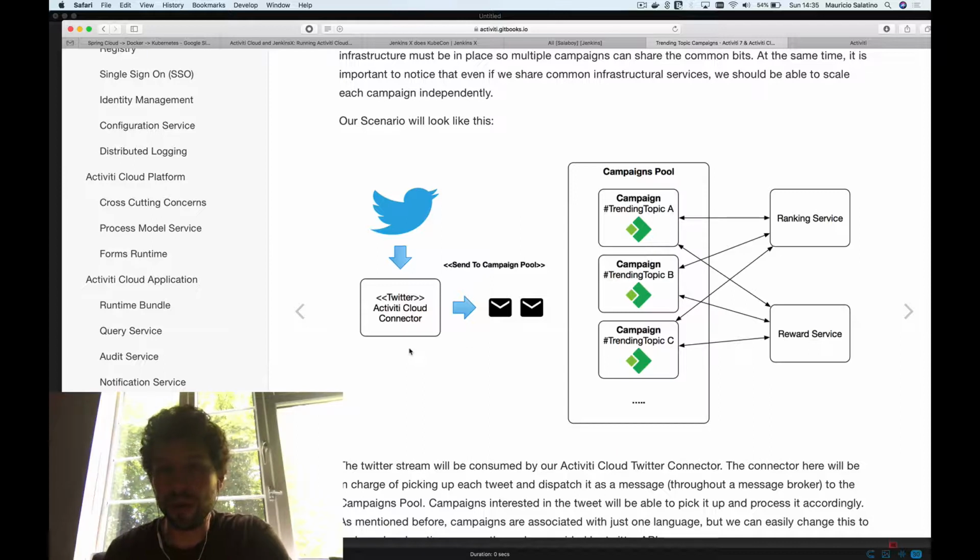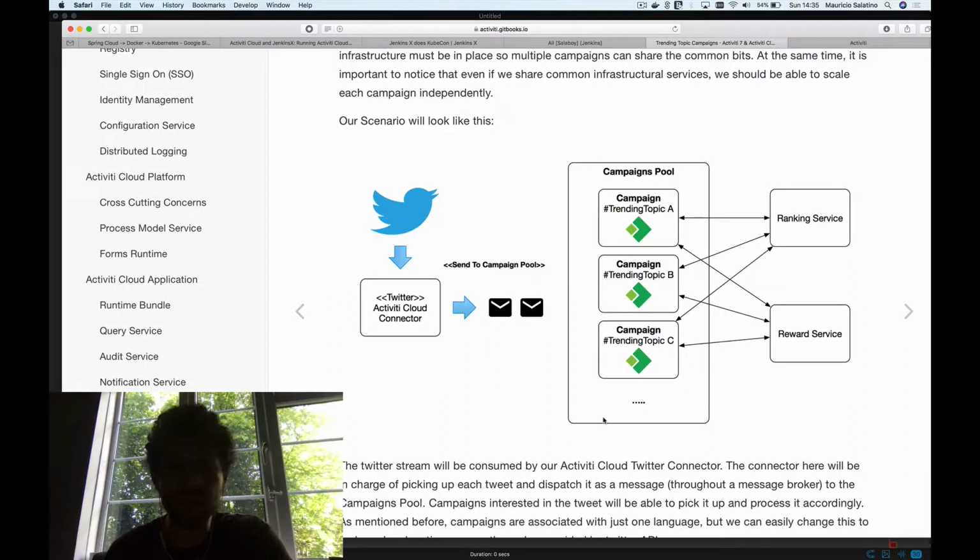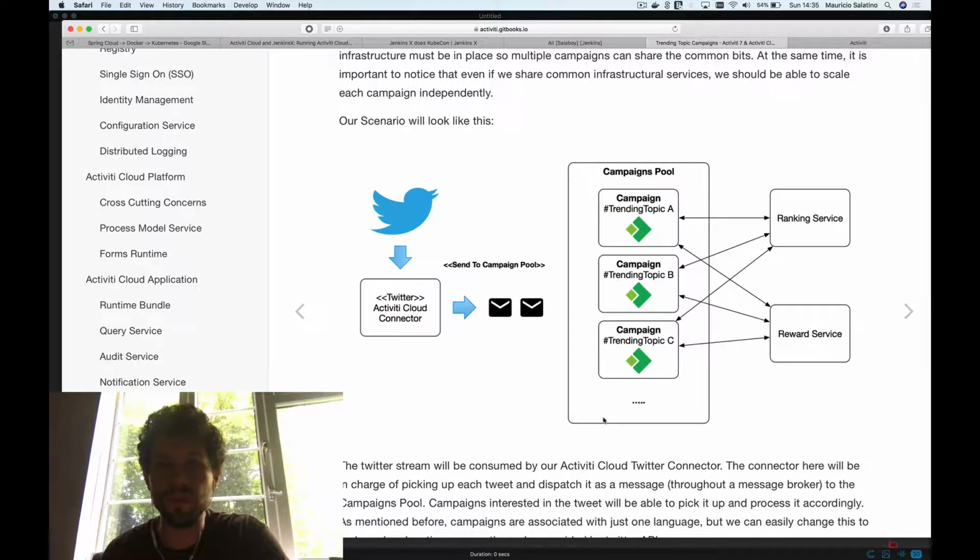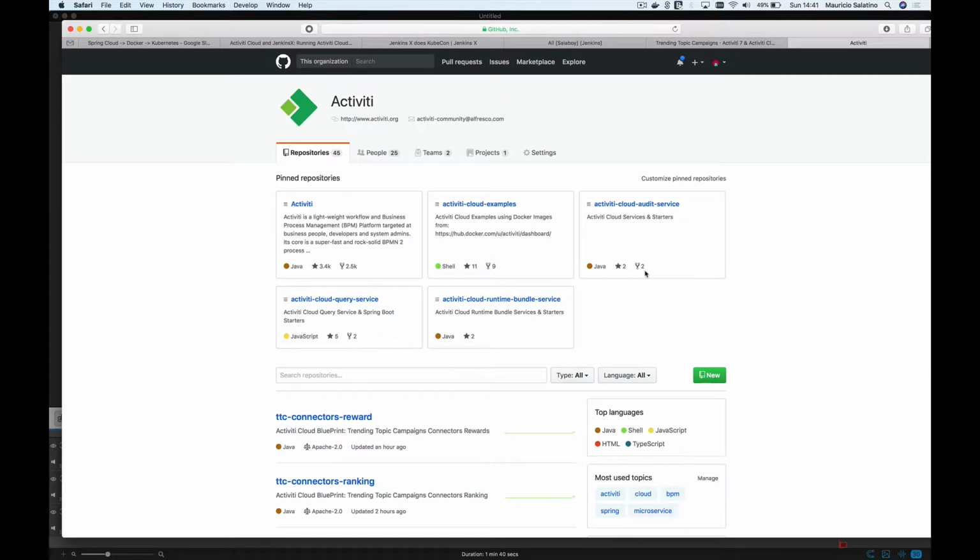So the solution that we are proposing here should be able to scale to global scale and also to support different languages in different locations and all of these features. So what I will be demonstrating here is how to get the components for this scenario up and running in AWS. Okay, so for this demo, I've already installed JenkinsX in AWS by following the instructions provided in the JenkinsX site,